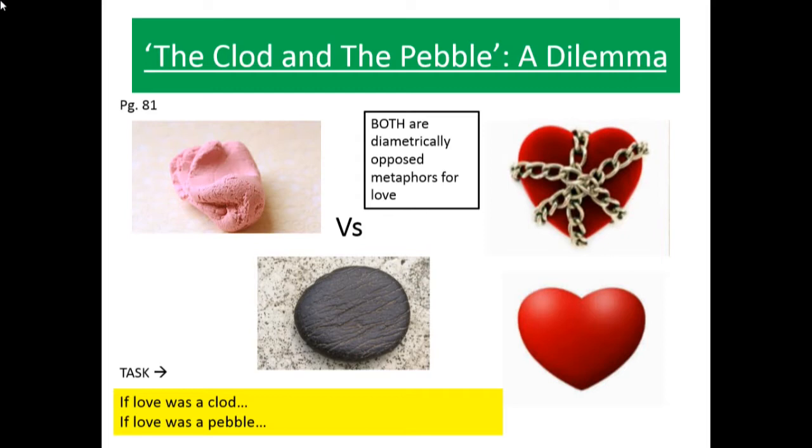It's a trickier poem actually, even just to read aloud, because there isn't necessarily an obvious topic being explored here. Now, just to make it clear from the offset, we are dealing with perceptions of love and also Christianity in this poem. Okay, so there are two key materials that are mentioned in the title of the poem, and that is the clod and the pebble.